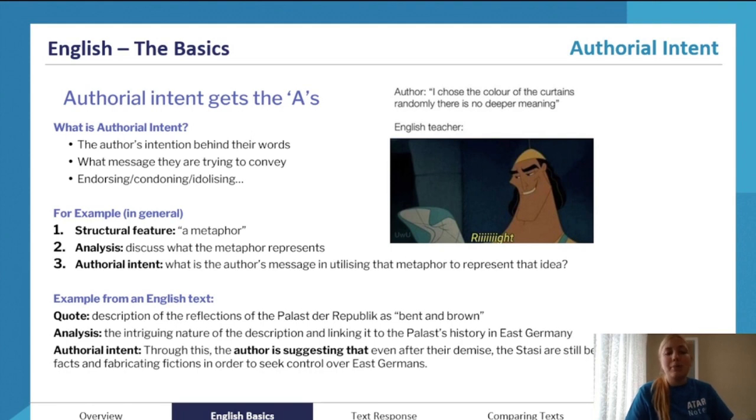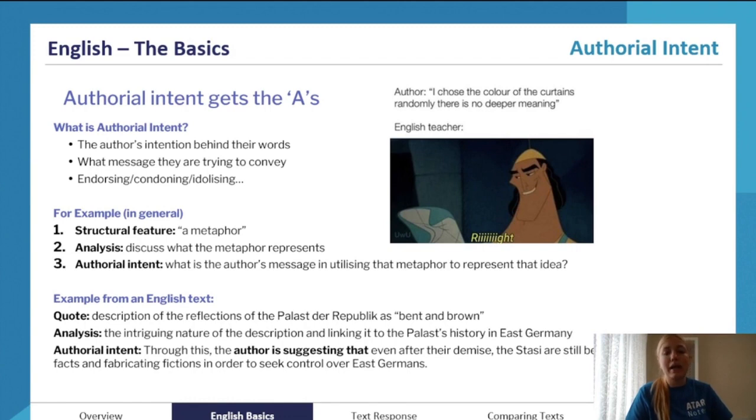So we need to signpost these with our writer-does action verbs such as endorsing, condoning, idolizing. Basically, there's an extensive list of these, and it's not limited to a certain set of verbs. So this is any verb that is as specific and accurate as it can be to what you're going to analyze and say about authorial intent. So try to be very specific with authorial intent verbs, and this is one of the areas in which your vocabulary list you should aim to improve.